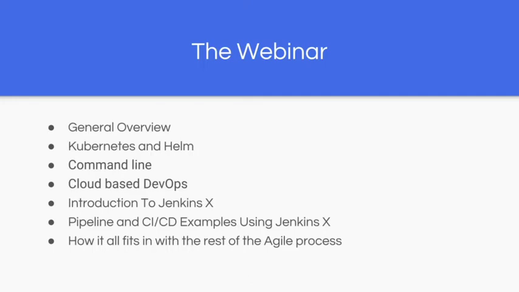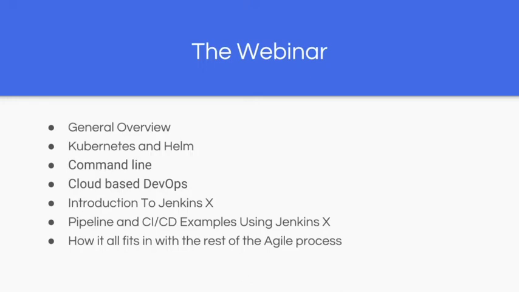And we're going to talk about cloud-based DevOps, and the cloud that we're going to be using today is Google Cloud. And then we're going to do an introduction to Jenkins X, and we're going to work and interact with Jenkins X and simulate creating a Kubernetes cluster using the Jenkins command, even though we already have one, just to save some time,